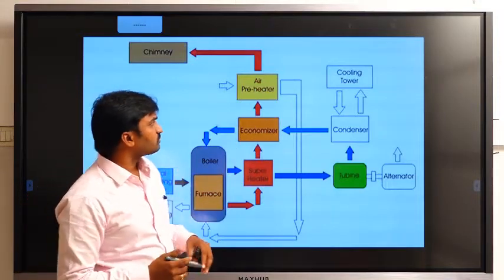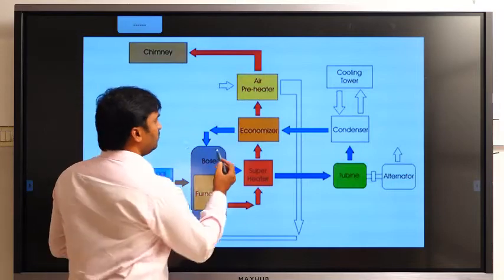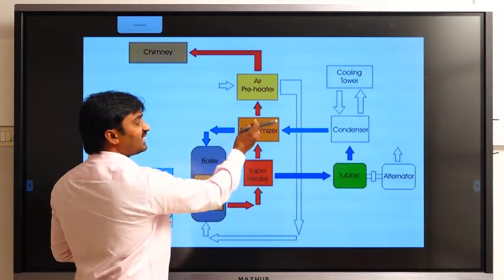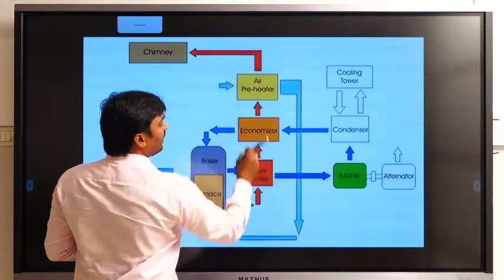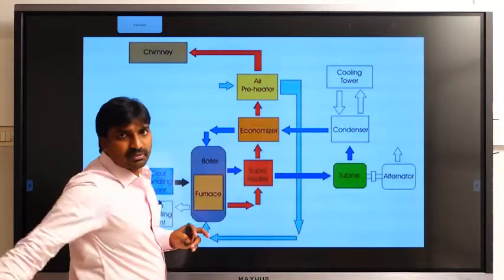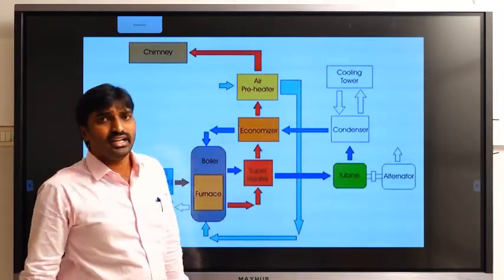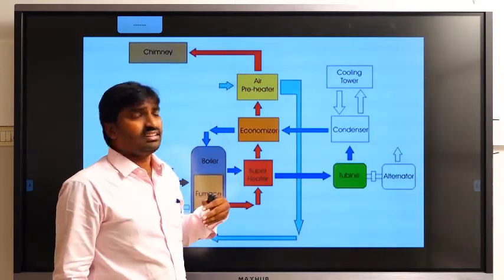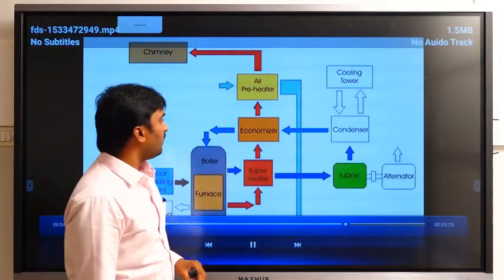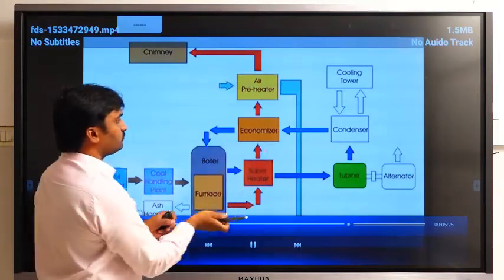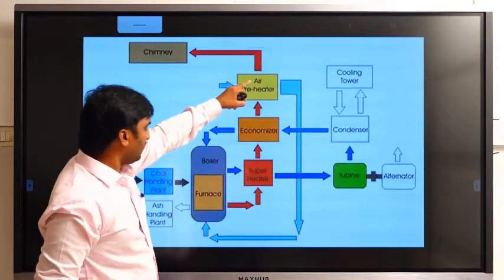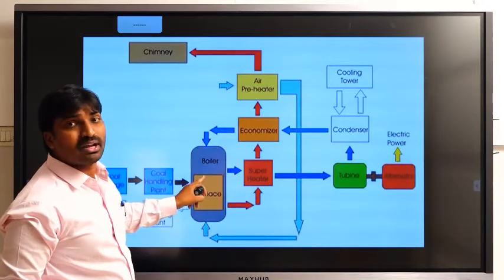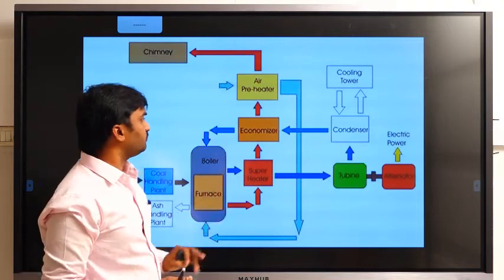Okay. And next thing is, here in an economizer, what happens? The economizer also consumes some amount of the exhaust gas temperature. The remaining amount of exhaust gas temperature is utilized by an air preheater. So what is the use of an air preheater? In an air preheater, we are heating the suction air or intake air for proper combustion rate. Okay, and see here, that air from the air preheater is again supplied to the furnace for proper combustion and to increase the efficiency of combustion.